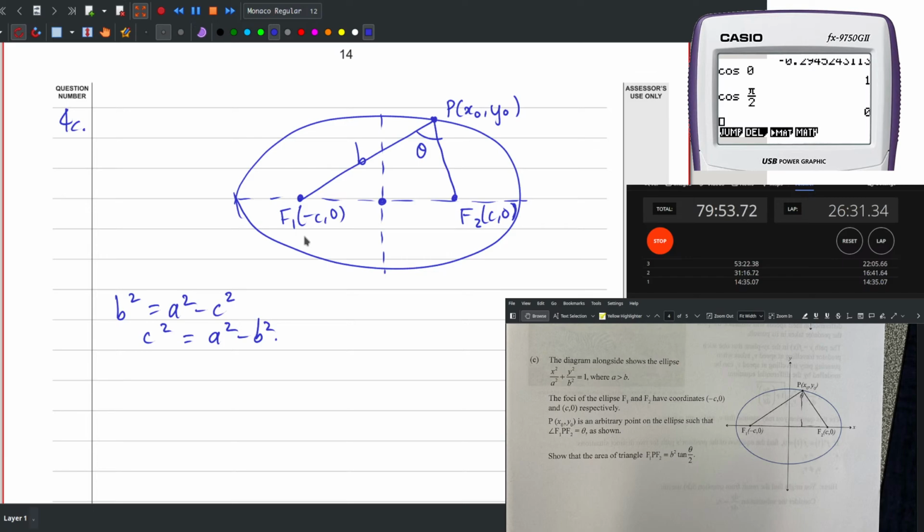I don't know how to do it. This one seems hard. Not gonna lie, it either seems like a lot of bashing, or there's some sense solution that I'm missing. Because you have your negative c and your positive c, and then you got your x naught, y naught. And we know that x naught squared on a squared plus y naught squared on b squared equals 1, right? But like,